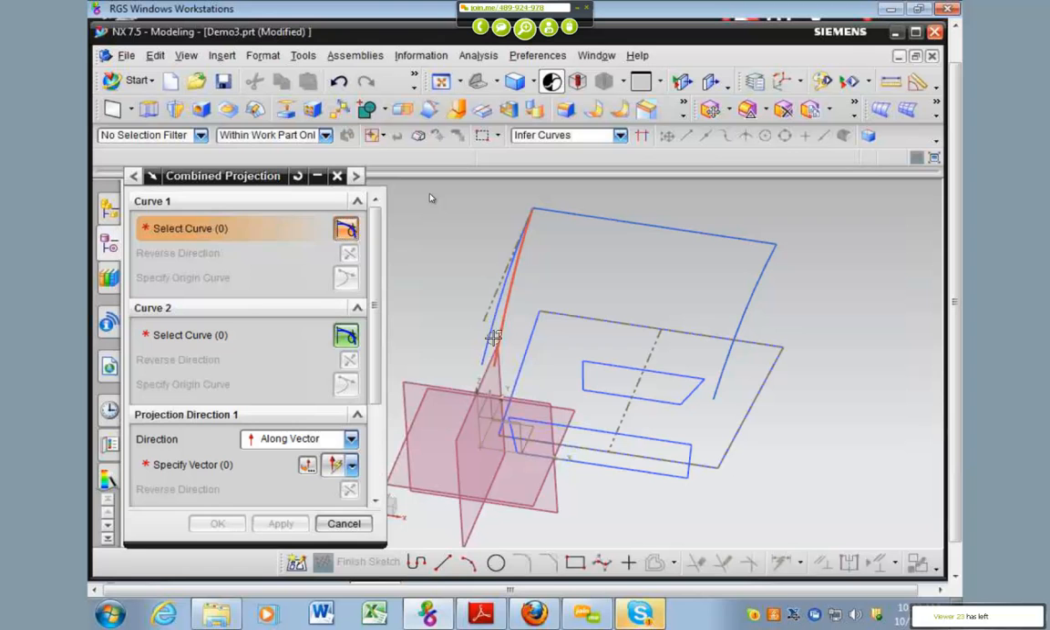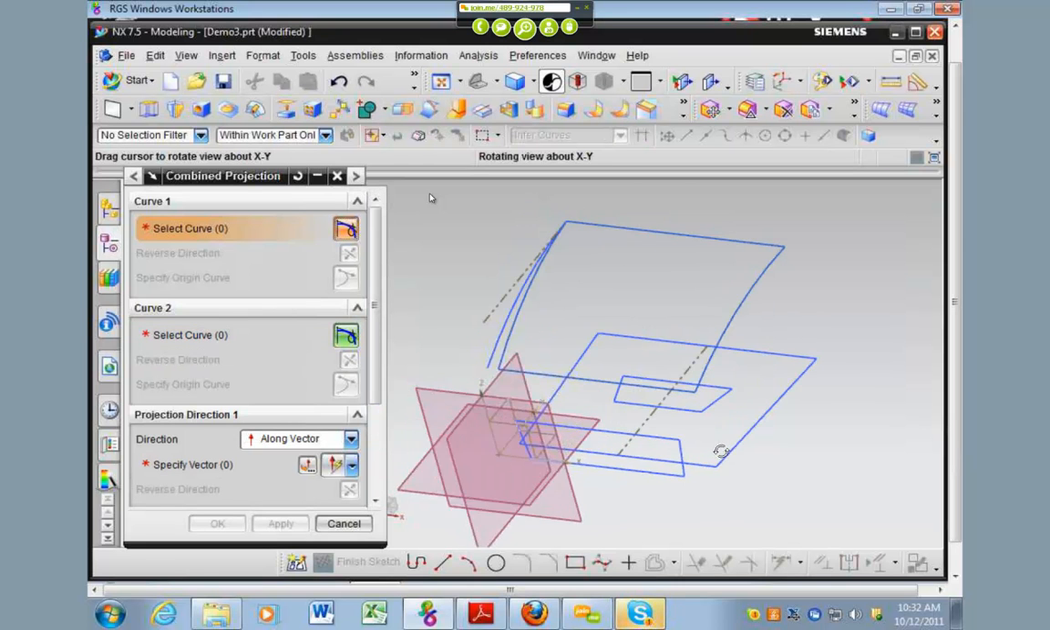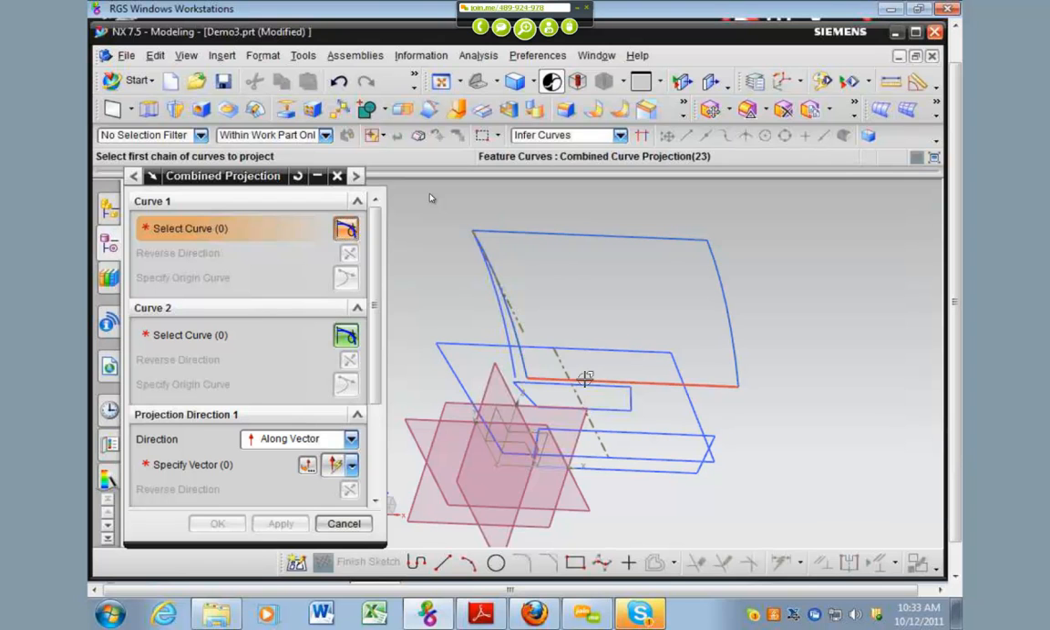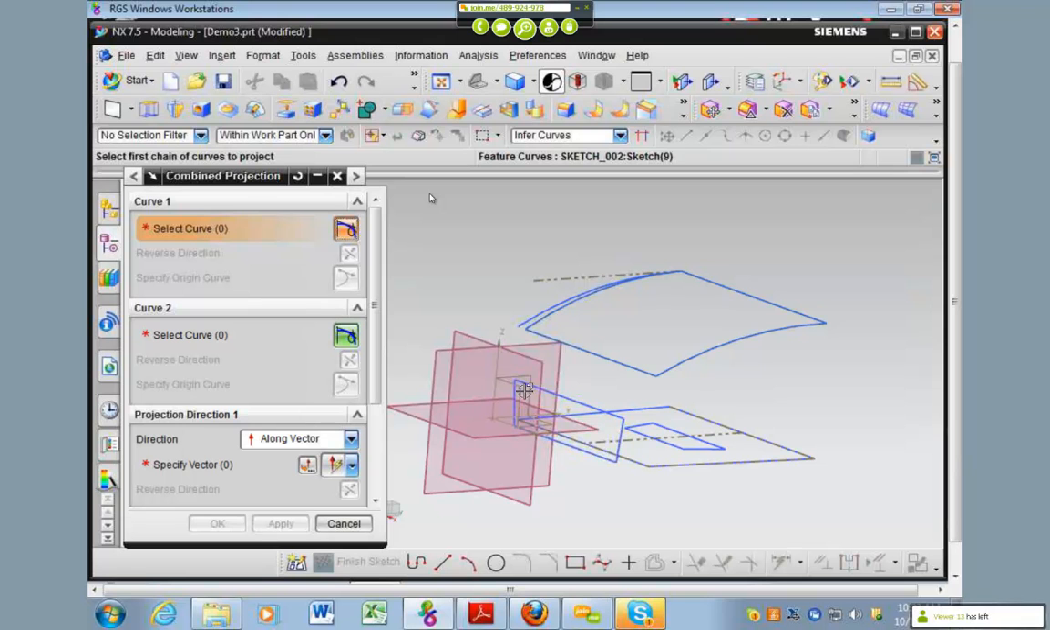Apply, and this curve and this curve. Apply. So now you notice I've made that surface up, or the 4 lines projected curves, right? And I already have these curves in a sketch down here. By the way, all these sketches are parametric, so if we were to stretch these,